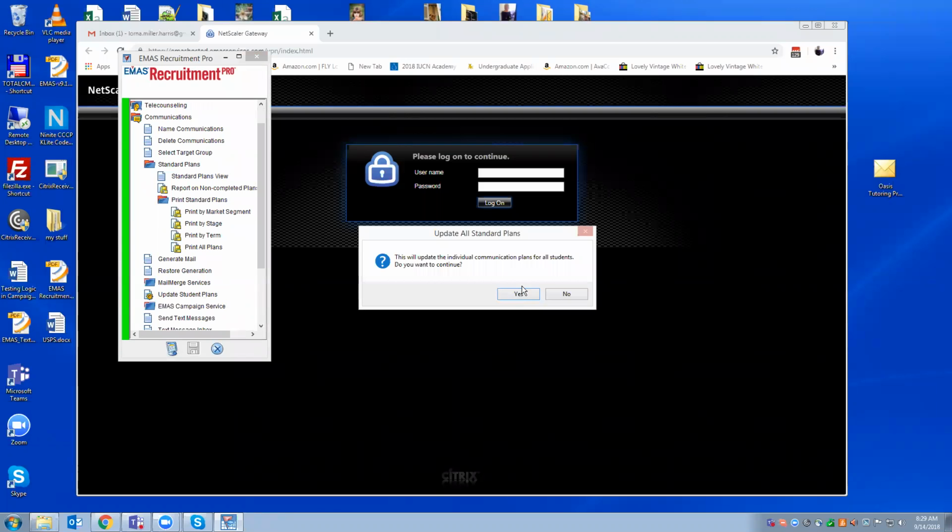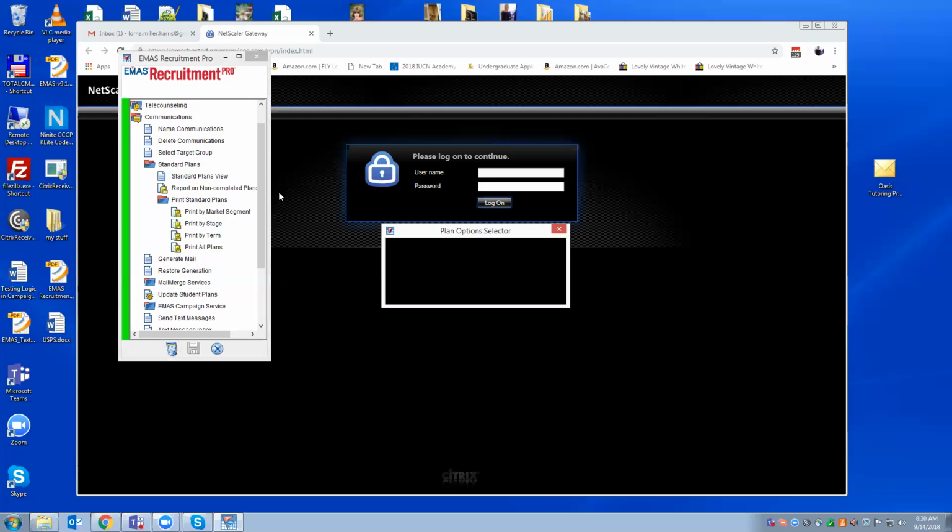Okay. Now, the other thing you probably know, but it's just a reiteration, is that if I run the update in the standard plan, let's show you the difference between those two.